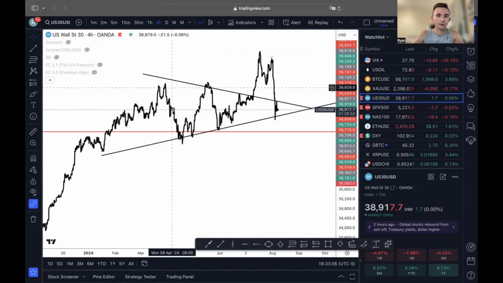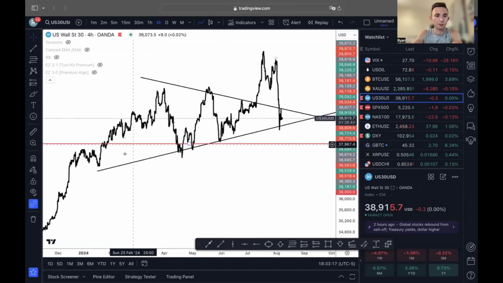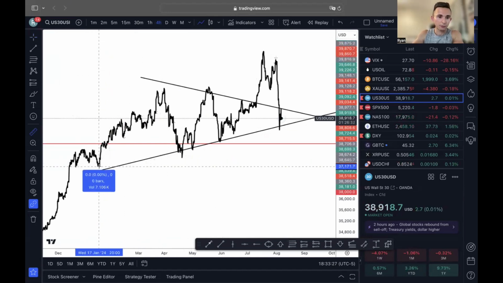I look at the chart actually naked with nothing on it at first to give myself a bias and a clean overview before I jump in using the Easy Trend. To make this video as quick as possible, I'm just going to jump right in and give you a layout of what I've been looking at on US 30, based on everything that's going on in the world as well. So we're on the 4 hour time frame right now, and really over the last,